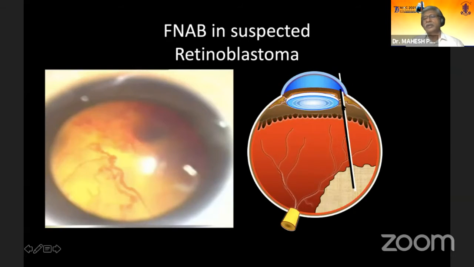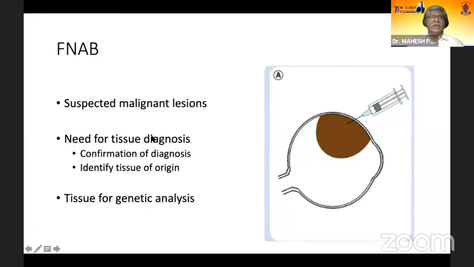So there are no vessels. We are avoiding all the vessels over the eye so that the tumor cells, in case they are stuck to the surface of the needle and they come out, should decrease the risk of spreading. And there are multiple interfaces, once again, that rub on the surface of the needle, and any cells which are sticking onto the surface can be removed by these multiple interfaces. But as I mentioned, most often we prefer not to do a biopsy.